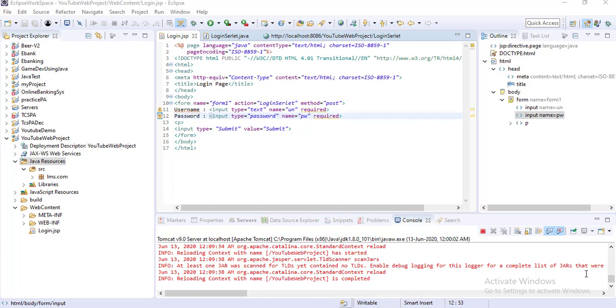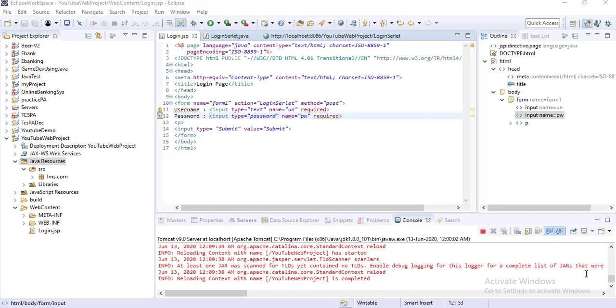Now today I will explain how to configure the database in Tomcat, and also how from the servlet page you will access your MySQL database. I have MySQL database installed in my system, so how will you connect from the servlet to your MySQL system and validate your login credentials.